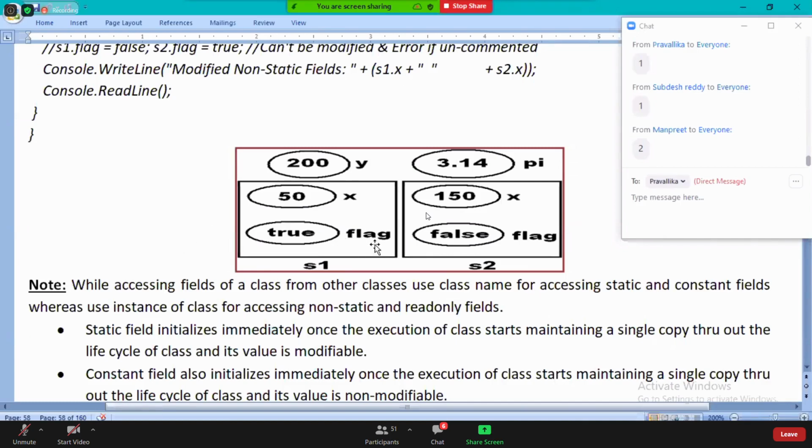Now, the behavior of a read-only field will be similar to the behavior of a non-static field.